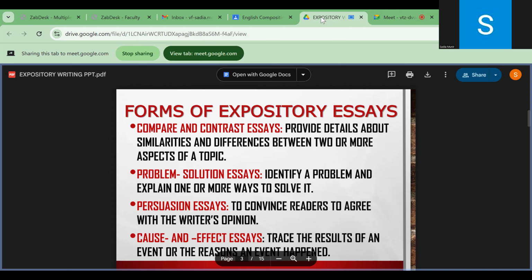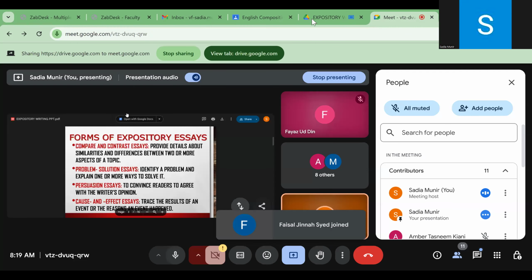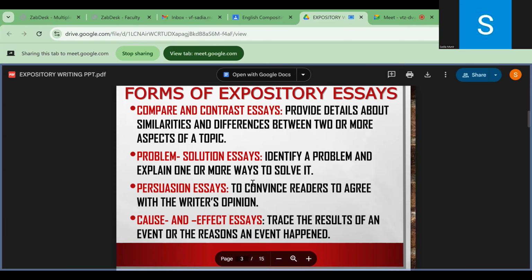For example, we have a topic of smoking, that it has certain effects. Let's say we talk about smoking having three major effects. One is it causes cancer, respiratory infection, and it is one of the root causes of teeth decay. Now, these are three effects that we have. But in order to justify these effects, we will be talking about the causes, why people would smoke. What are some of the reasons that people smoke? So these are some of the forms of